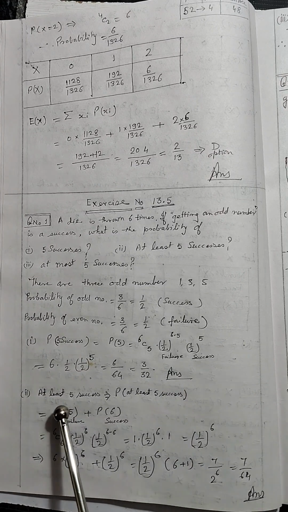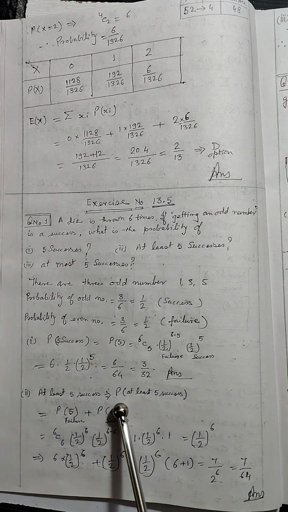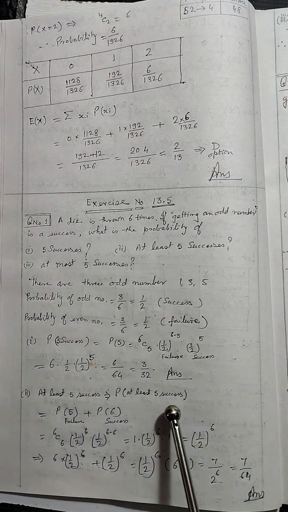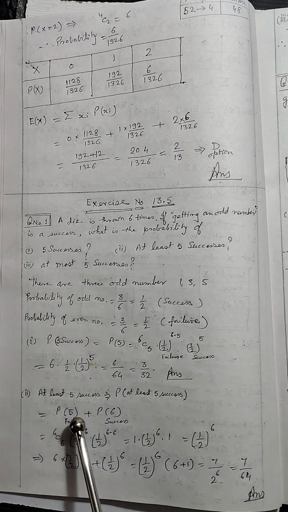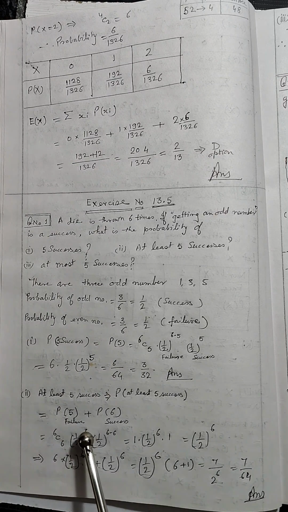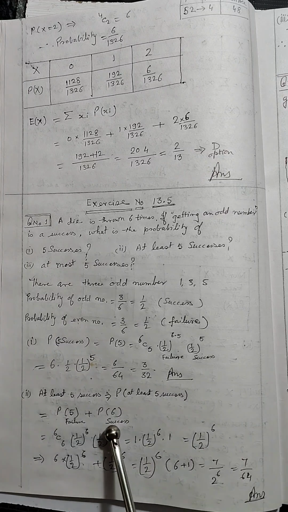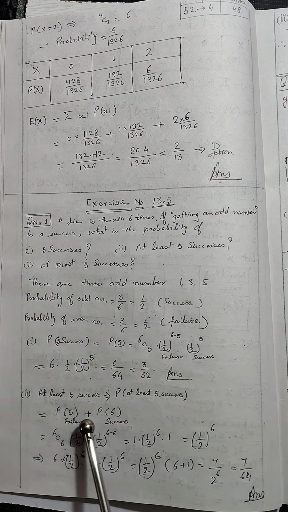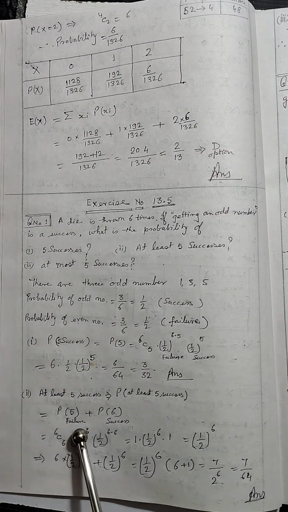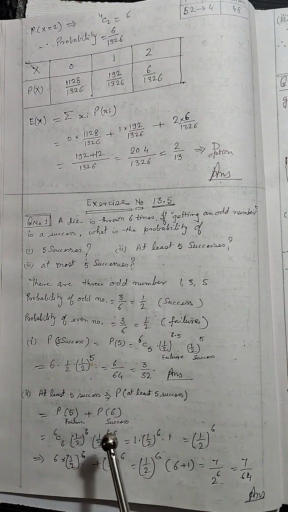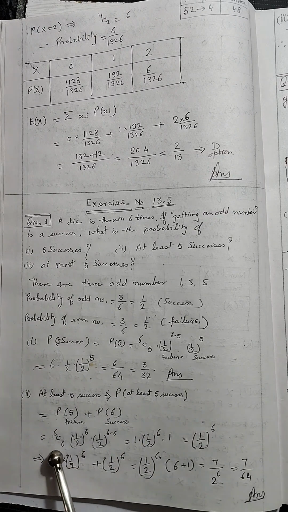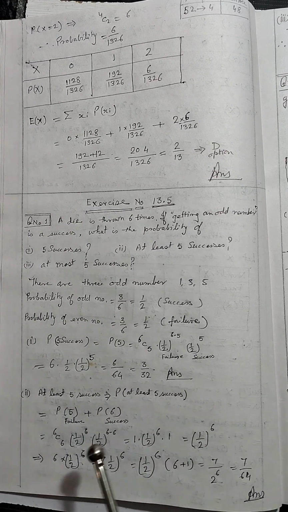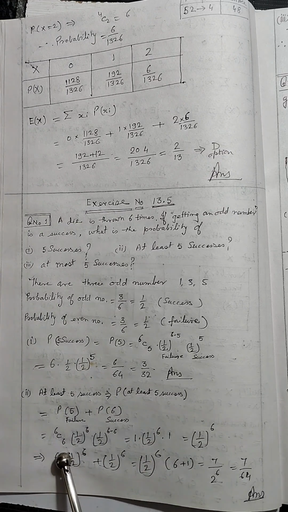Now the second part, at least 5 success. This implies that the probability at least 5 success. So probability for 5 success plus 6 success, क्योंकि एटलीस्ट 5 सक्सेस होना चाहिए. तो देखिए, probability of 5 success and probability of 6 success, तो उसको प्लस करेंगे तो क्या मिलेगा हमारे को? एटलीस्ट 5 सक्सेस का मिलेगा. सो इट विल बी